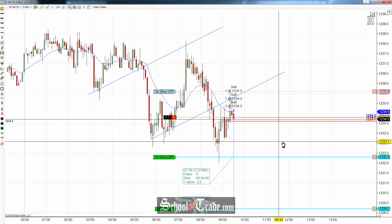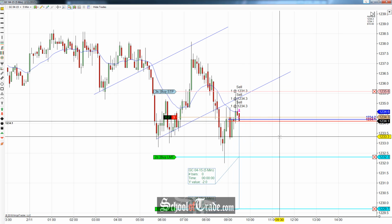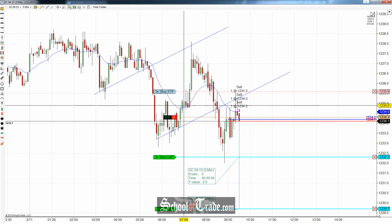But the way that it's setting up now, we've actually come back. If you connect these lows through here, nice and easy to see that. And price did bounce there a couple times through there, which kind of confirmed it. But we've just come back and tapped that level again, and now we're turning off of that. So it gives us a lot of confirmation that the sellers still want this, and they're going to be controlling